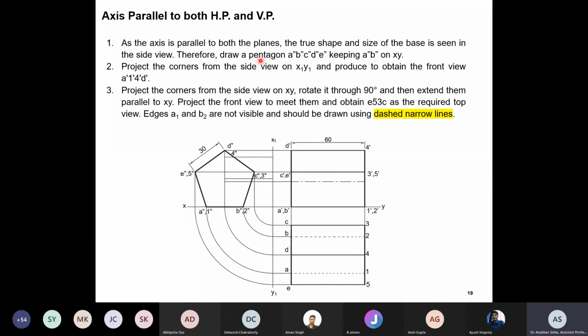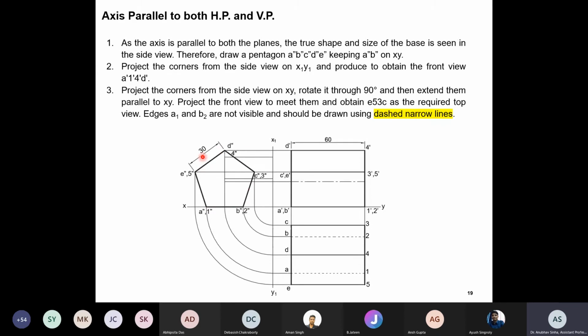So first you draw the pentagon in a side view. Okay, take a side plane like this. So this is your vertical and horizontal planes. Make one side view. In side view, make a regular polygon with the given instructions. Generally the side is given, and one side is parallel to the horizontal plane. So make a polygon like this.